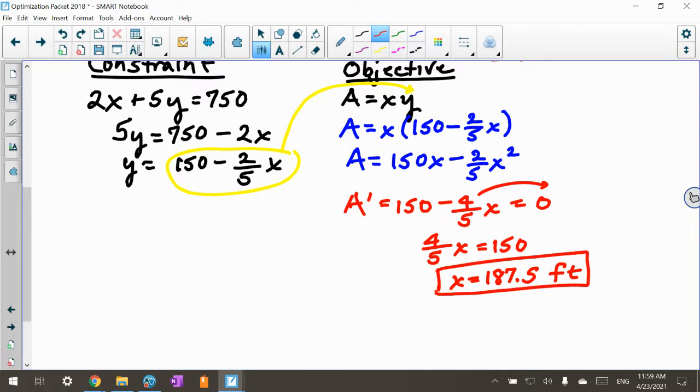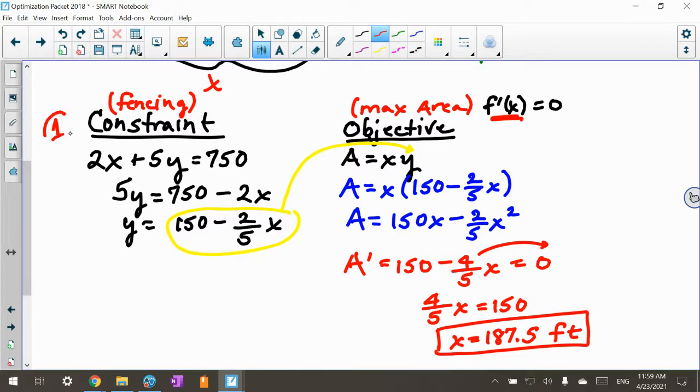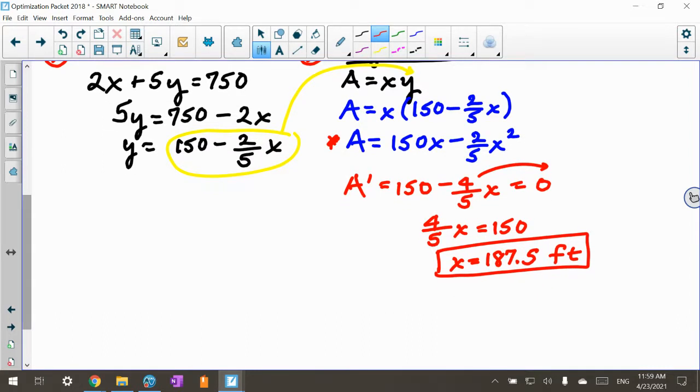Now, before you go any further, step one is I found the constraint, what they told you had to have. Step two is I set up the objective, what we need to have. I then solve for one of the variables and put it in this so that when I find my area equation right here, it's only in one variable. Then I do the derivative, which I showed here, to tell us what x we need for the maximum area. After you do this and say I found x at 187.5 feet is going to give us the max area,